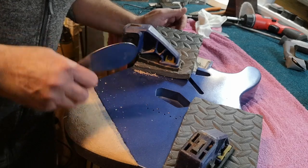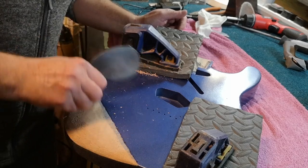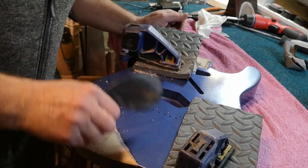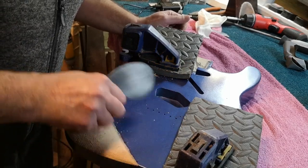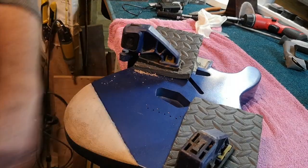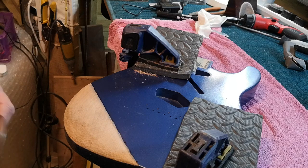Of course, this bit doesn't have to be hugely curved. It just needs to come away from that dividing line, which I'll go a bit further than that anyway because I've still got a pin on it, but you can see we can get pretty close. So a little bit more scraping to do just to get past the line, but then the rest of it,